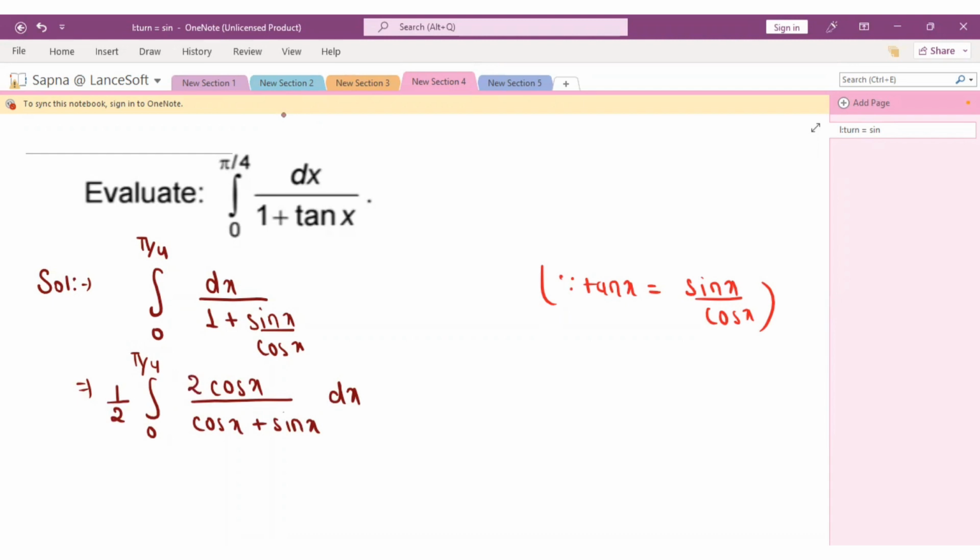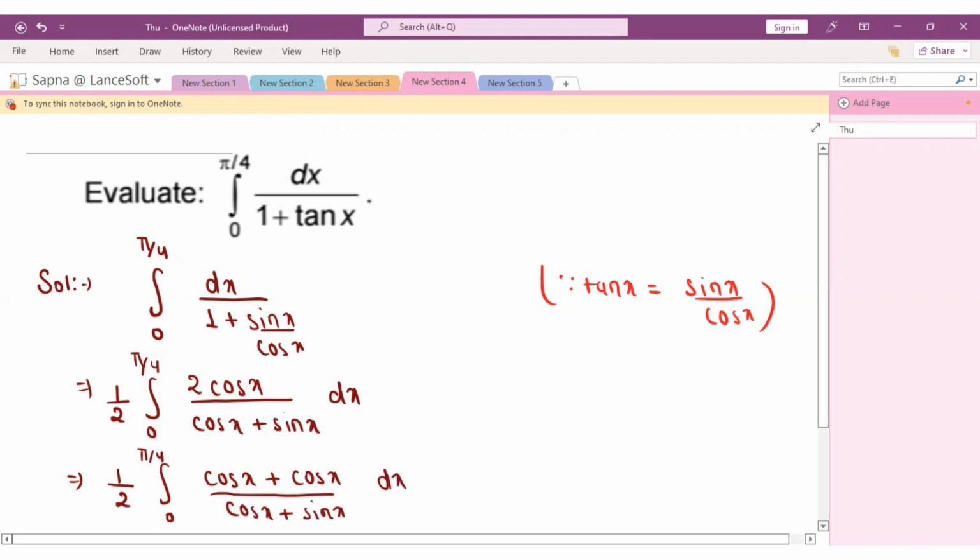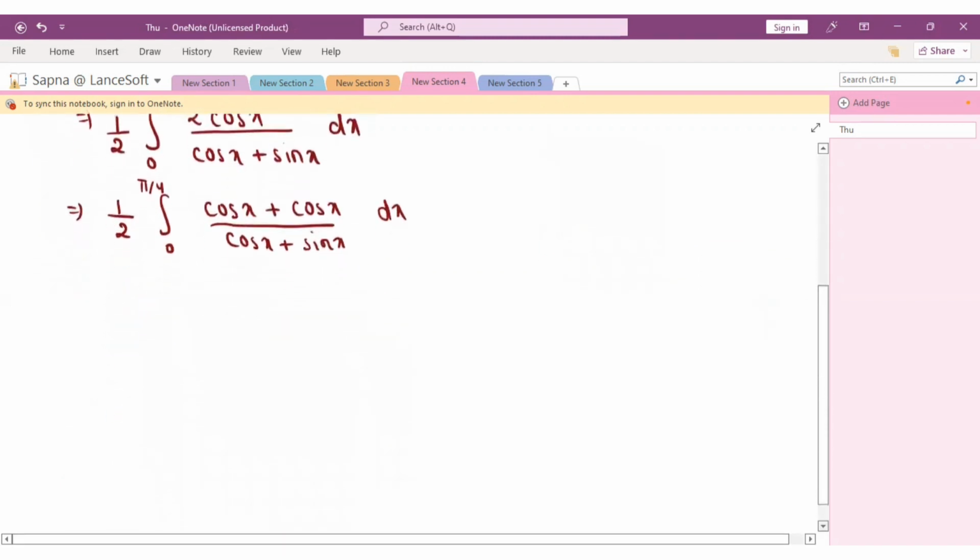So now in the next step I'll write half integration from 0 to pi by 4, and in the place of 2 cos x I can write cos x plus cos x, right? And then upon cos x plus sin x as it is, and then dx. Alright, let us move ahead. So now we can write this as